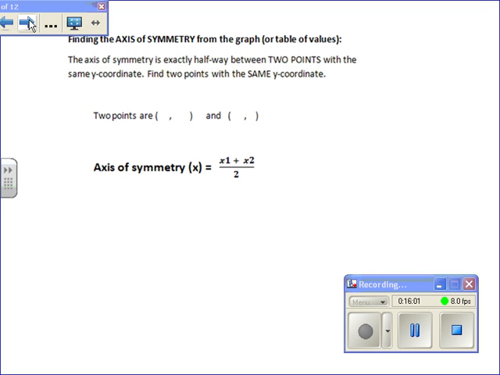So finding the axis of symmetry from a graph or from a table of values. Okay, remember that the axis of symmetry is right through your parabola. So any 2 points with the same y coordinate, so in other words, any 2 points that are across from each other, the line of symmetry is halfway in between them. Okay, so if we were to look at our graph or our table and pick 2 points that are across from each other,